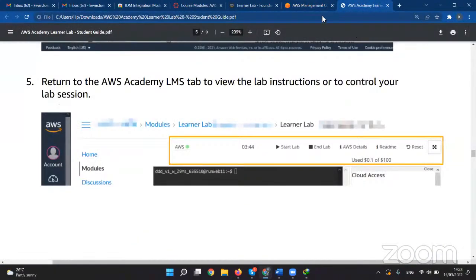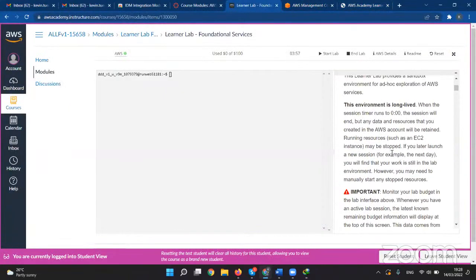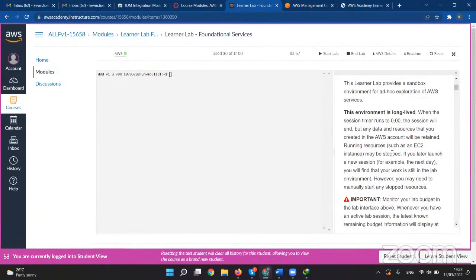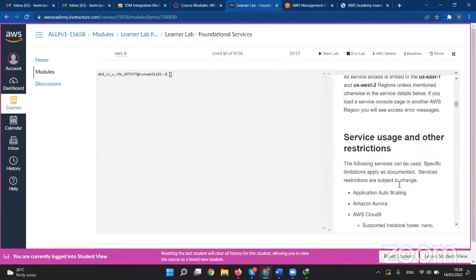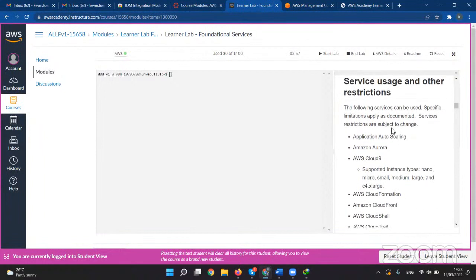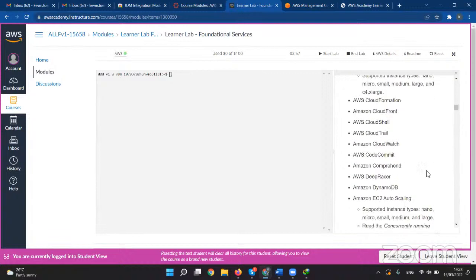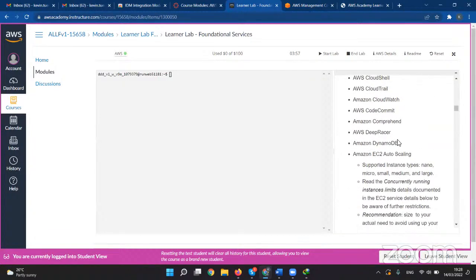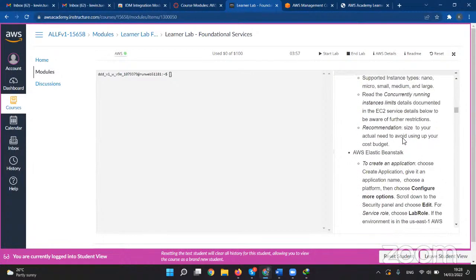Don't forget also that you have some limits. What that means is you should always read this README and see the restrictions. You can see service usage and other restrictions. Service restrictions are subject to change. The following services can be used, with specific limitations as documented, so you can use Auto Scaling, Aurora, Cloud9, CloudFormation, CloudFront, CloudShare, CloudTrail, CloudWatch, CodeCommit, Comprehend, DynamoDB, EC2 Auto Scaling, Elastic Beanstalk,